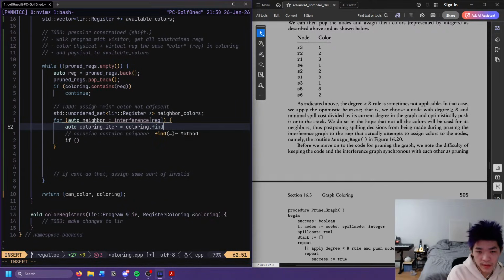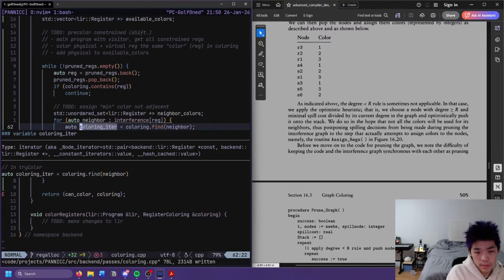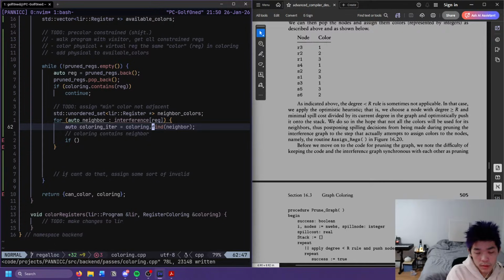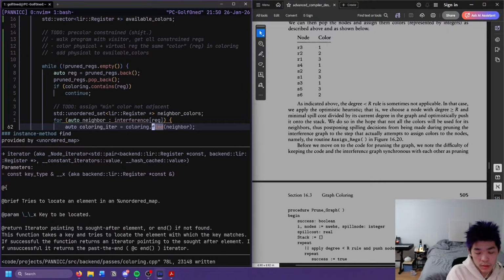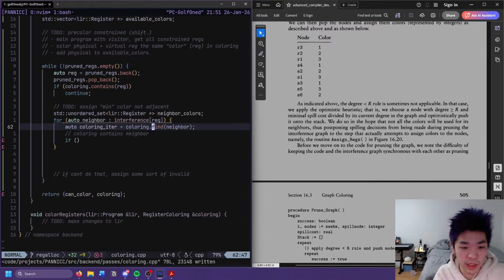Or find actually. We want find neighbor. Is this the correct way to call this? Yeah, dot end comparison is what I was thinking about doing with the iter.